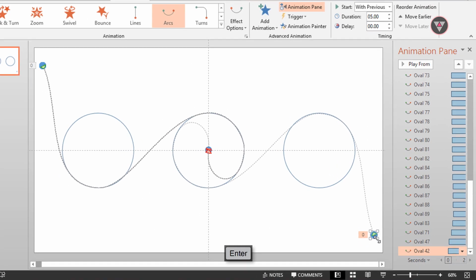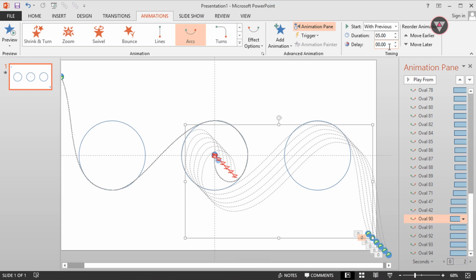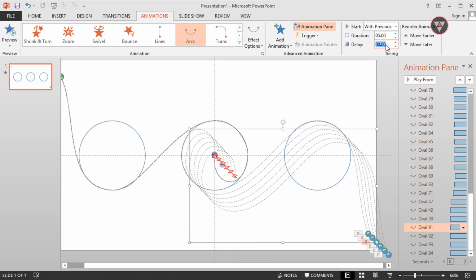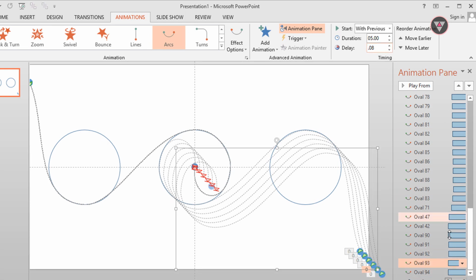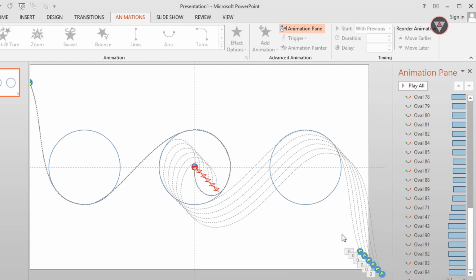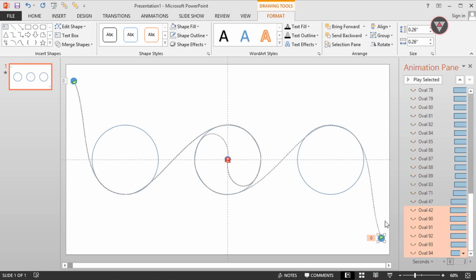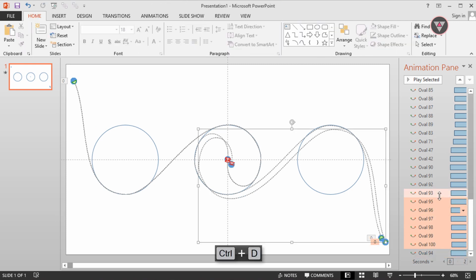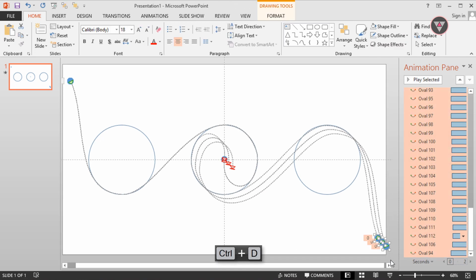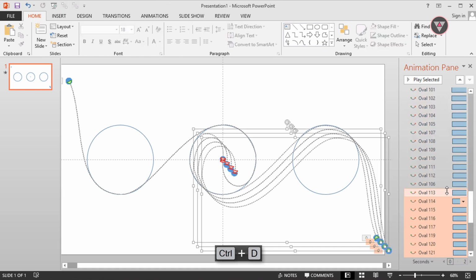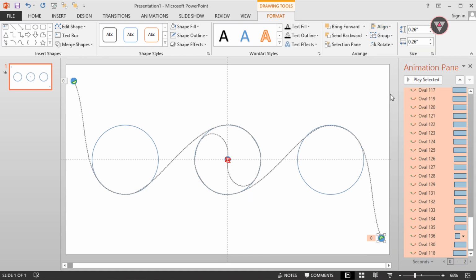We need to repeat the same procedure that was applied a little earlier, so I am doing it in speed mode. Okay, I'm done.